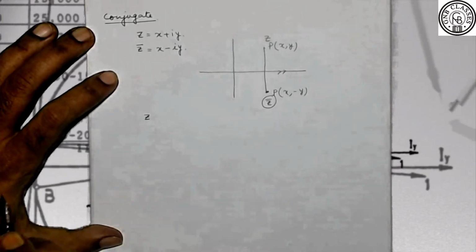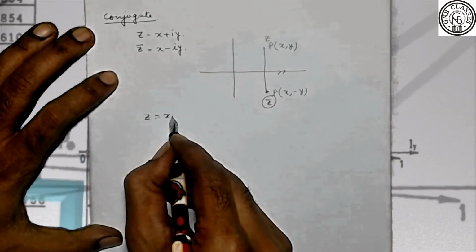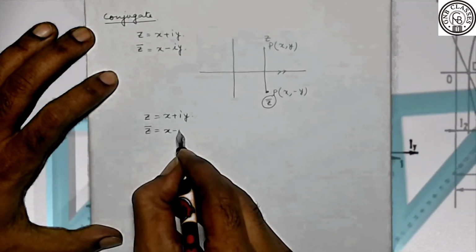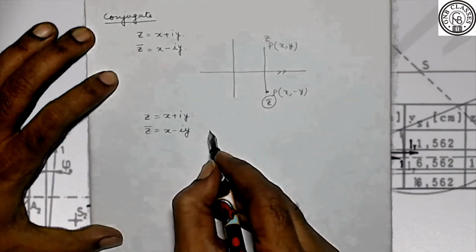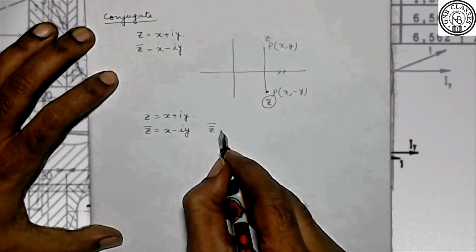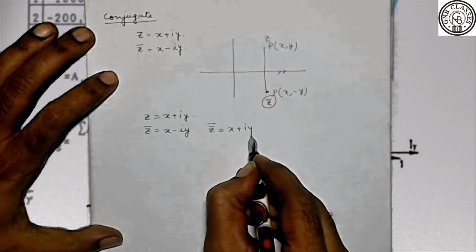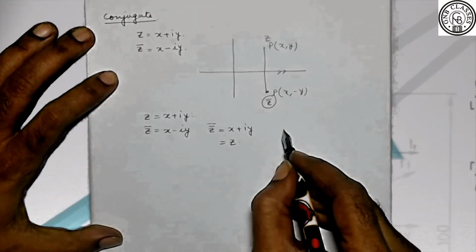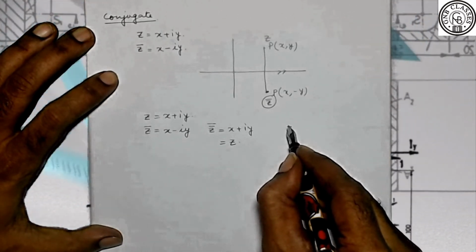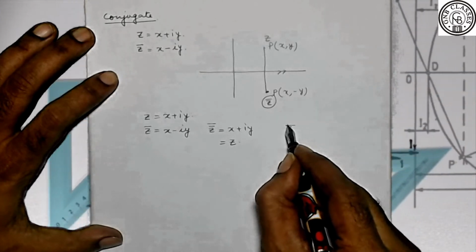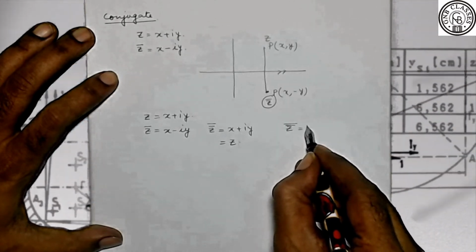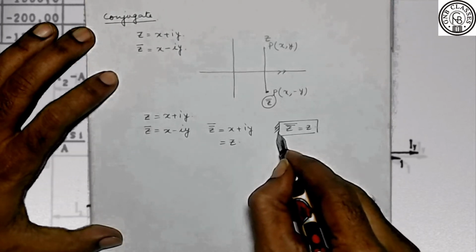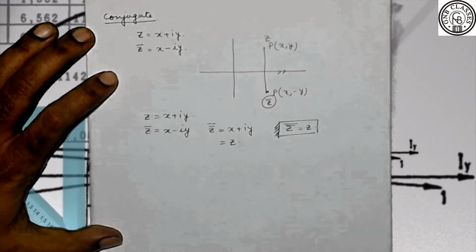Whenever a complex number is there, suppose it is x plus iota y as I have mentioned, so z bar will give you x minus iota y, and again if I take its conjugate, we are going to get our original complex number back. So from here we got another formula: taking the conjugate of a conjugate will give you that complex number back. So it can be treated as a formula. Is it clear or not?